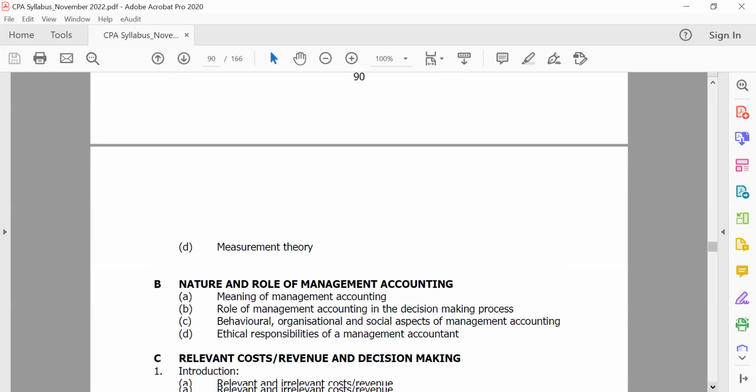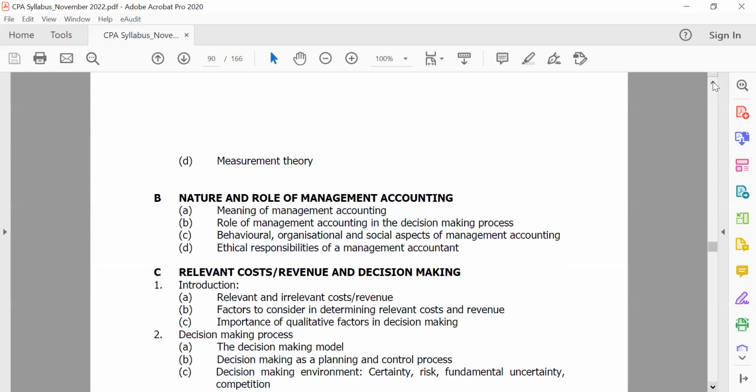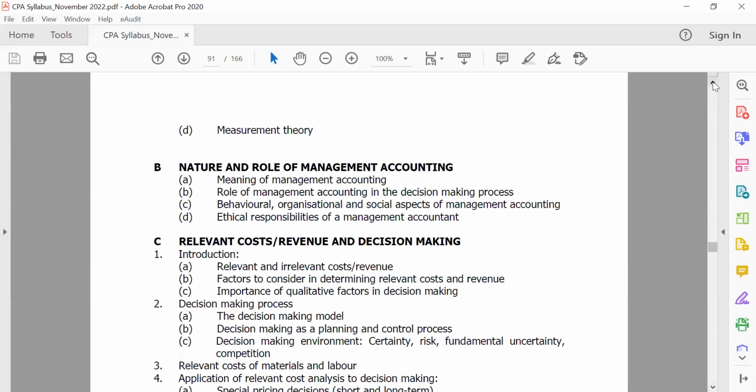accounting. Now, remember, the paper we are doing is management decision and control. So you'd ask yourself, why is management accounting coming into the picture? Earlier on, when I was starting, I said that this paper builds onto our knowledge of cost and management accounting, as well as quantitative techniques. But the overall intention of management decision and control is that of a management accounting, which is basically trying to